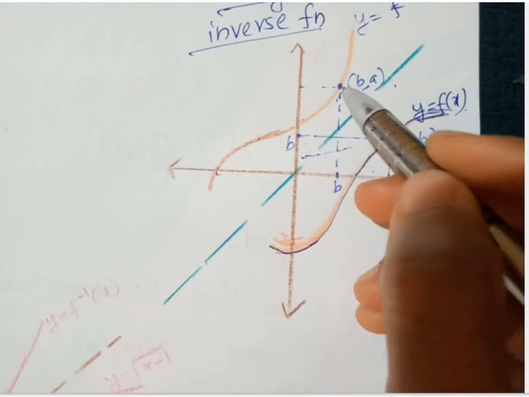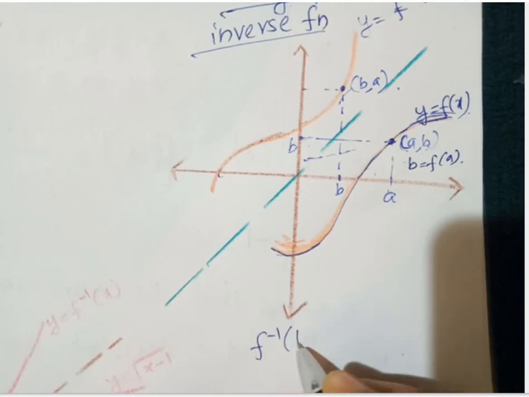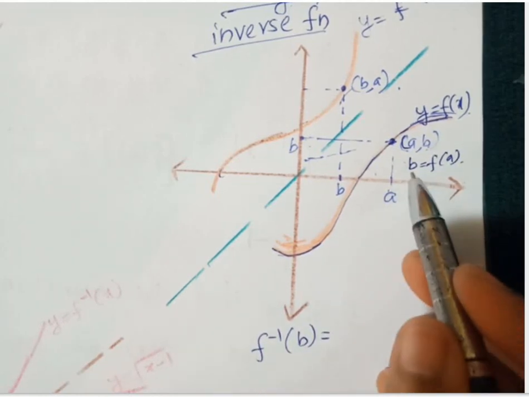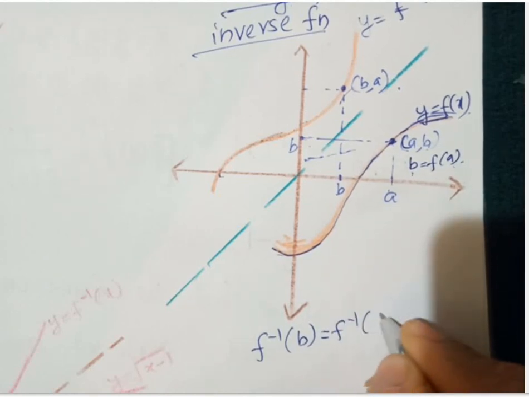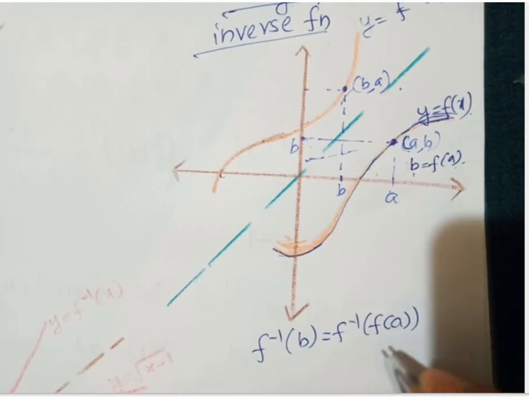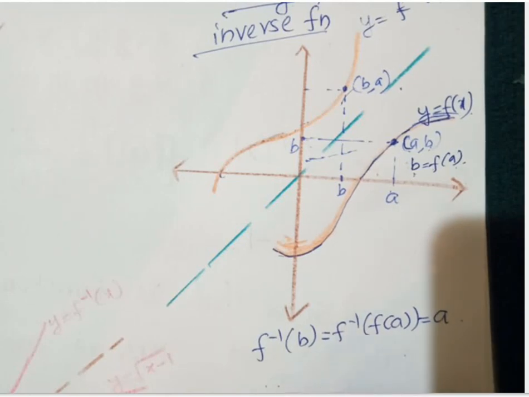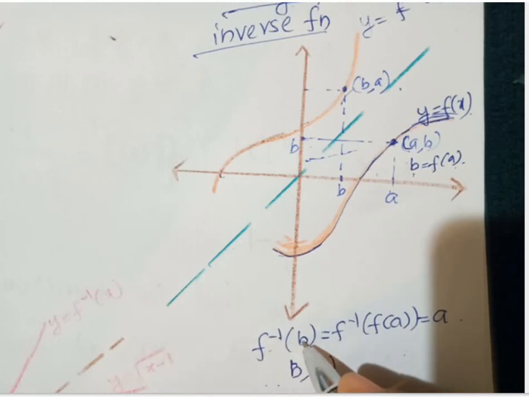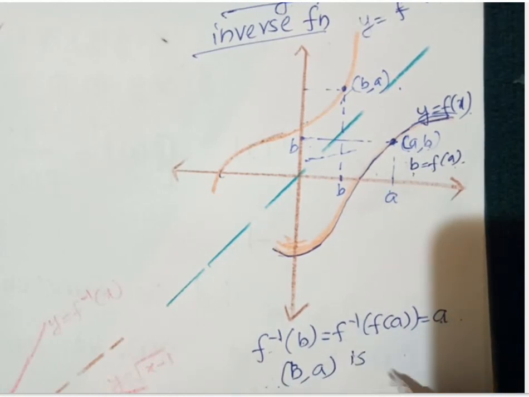And f inverse of b equals what? B is f of a. So f inverse of f of a, which is equal to a. That is, (b, a): in the graph y equal to f inverse x, when we input b, then you will get the value a. So (b, a) is a point